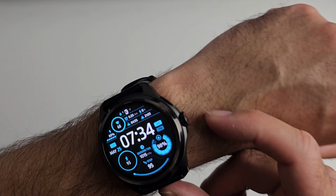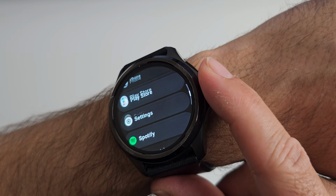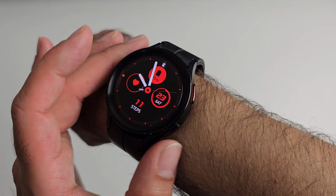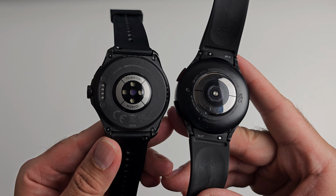The Ticwatch has one flat style button and one rotatable crown, which lets you navigate the menus, and it gives you a very nice haptic feedback every time you turn the crown. And the Galaxy Watch 5 Pro has two flat style buttons on the right. Now the speaker locations are on the bottom left, and looking at the bottom of both smartwatches, you can see